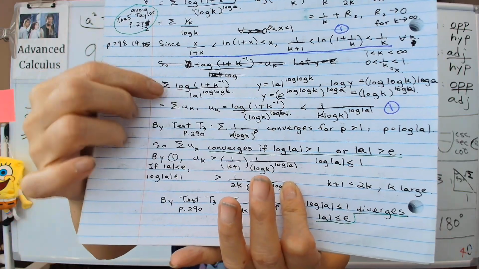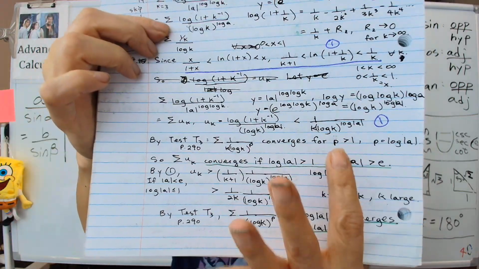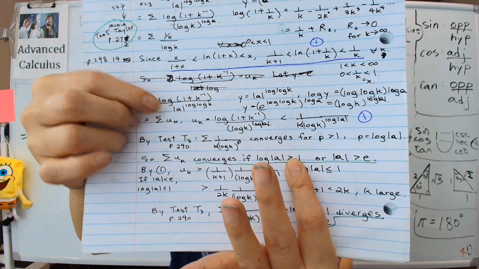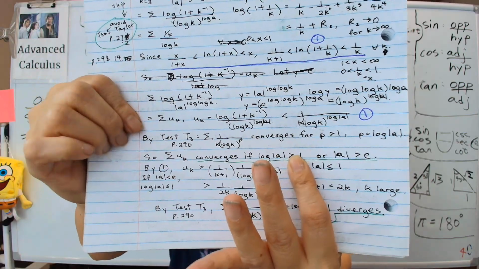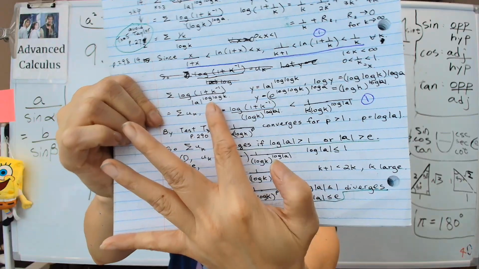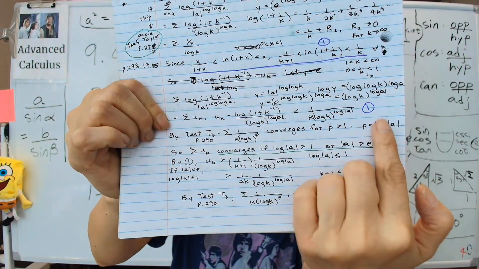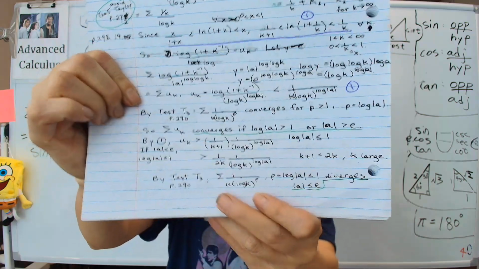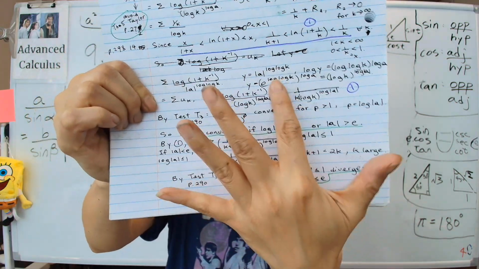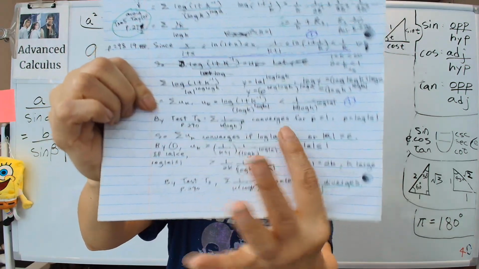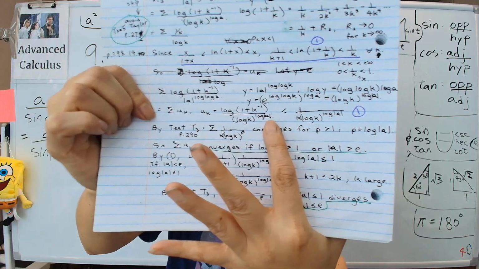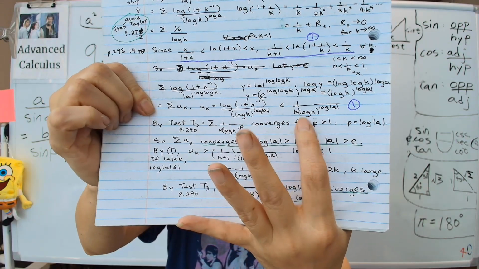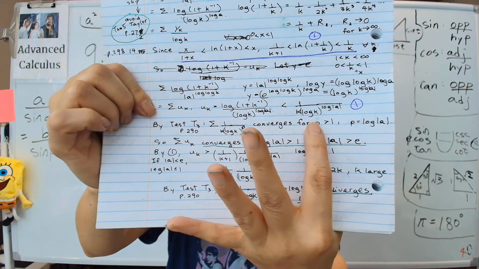Like, for example, the a, we can rewrite a, okay? A raised to the power log k, which is another way of saying that, is also equal to log k raised to the power log a if you bend the logs around a little bit. Then it all comes out right here. So once you know that, then we have log k to the power log a, which you can rewrite, which is going to be less than